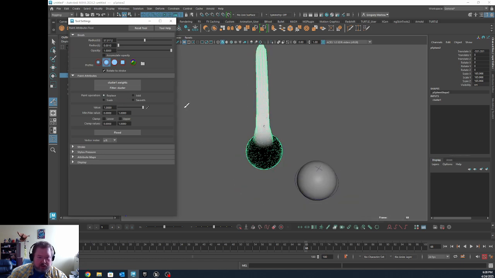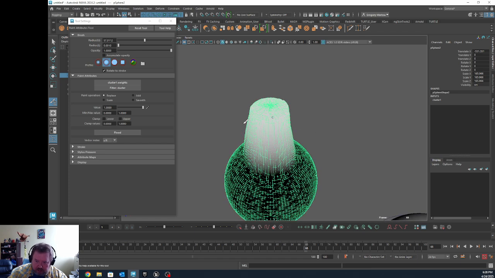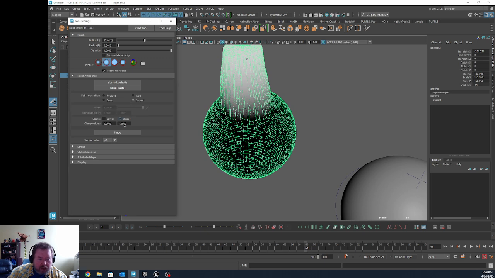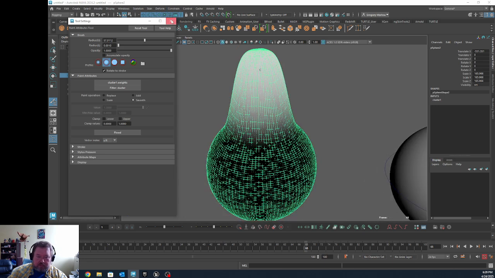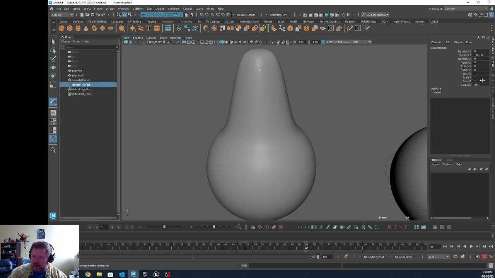Wait, I think I'm doing that wrong. I think I have to replace it, not add. It's letting me add too much. There we go. Get that all the way up to 1 there. And then I can smooth it a little bit more to make that feel soft. There we go, right? And so now I have this cluster, and I can do stuff like, if I needed